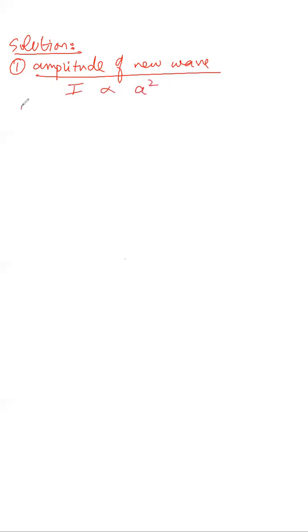So there are two things in it. The first thing is the amplitude of the new wave. You have to look for the amplitude of the new wave, right? So you'll be using this expression. For the first wave, as intensity is not given, you can assume its intensity as I and amplitude was 2. Okay, for the second wave,